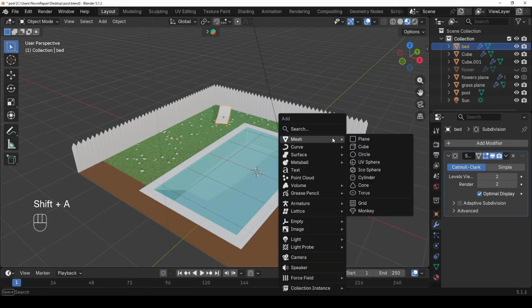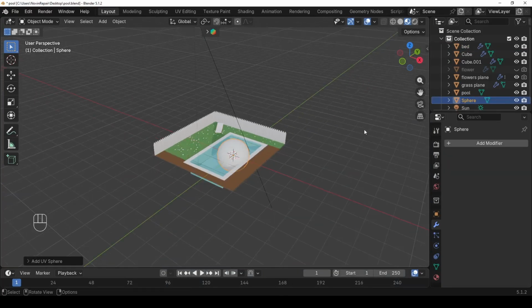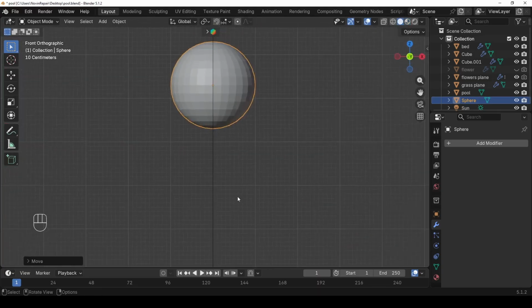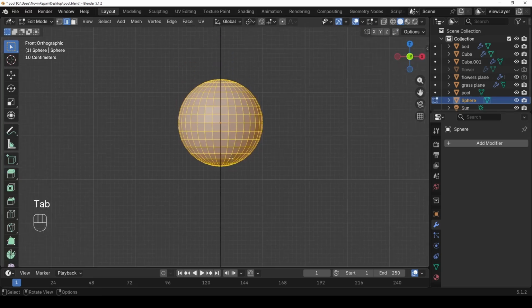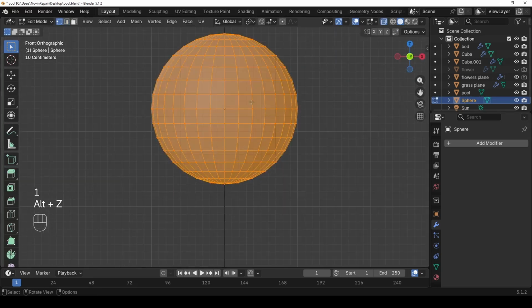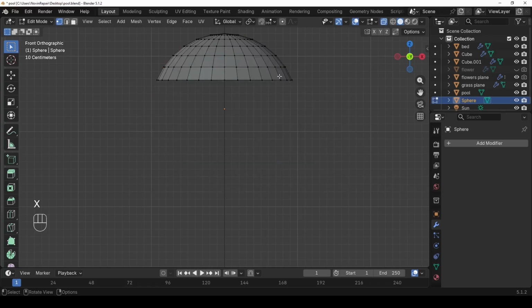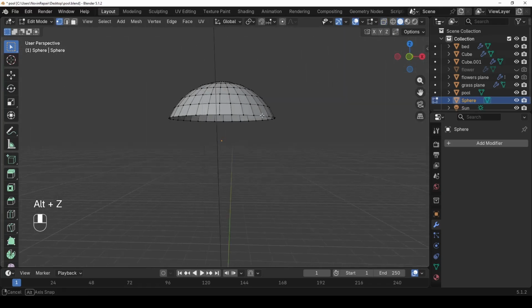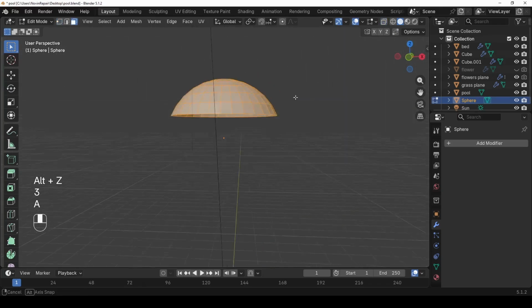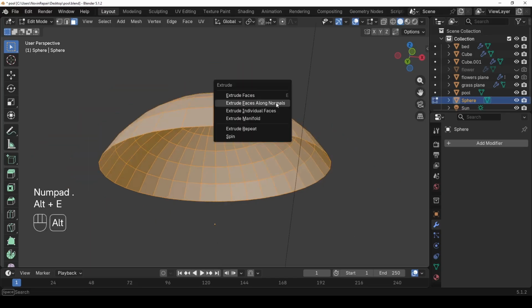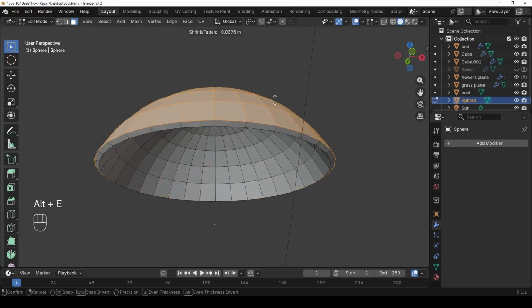So Shift A, mesh, and a UV sphere. Then GZ to bring it up, and let's switch to solid mode. And I hit Tab to go inside edit mode, and I want to turn on the X-ray mode, and then I select all these vertices in here and X, vertices, to remove them. Let's turn off the X-ray mode and then select all the faces and Alt E, extrude faces along normals,